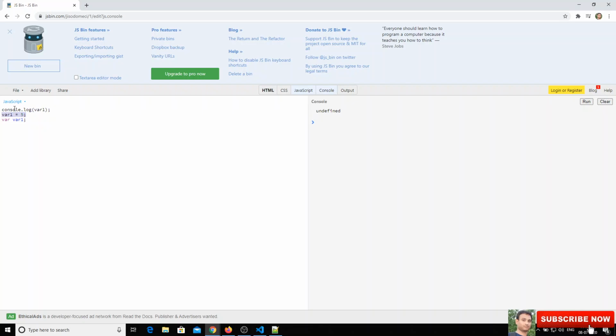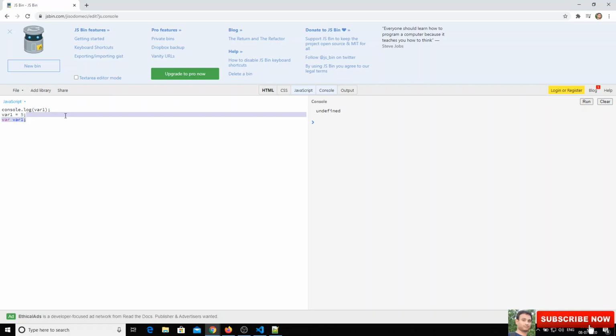You are trying to use the variable var1 before initialization. So when it tries to console the variable, it is not initialized. After the console.log we initialize it as 5, and the declaration does not affect the behavior, but var1 is not assigned until then, so that is the reason it is undefined.